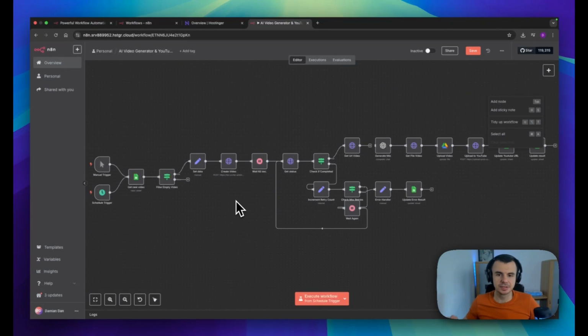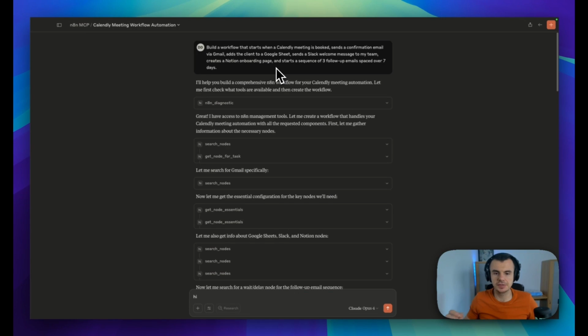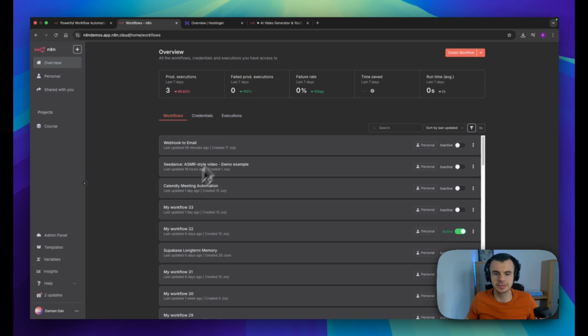n8n is the best tool to build AI agents and automate almost everything without coding. And now you can use a new n8n MCP server to automate the process of building automations and generate workflows like this one on autopilot, which is crazy. You just give it an idea for your automation, and it will build the workflow and even add it to